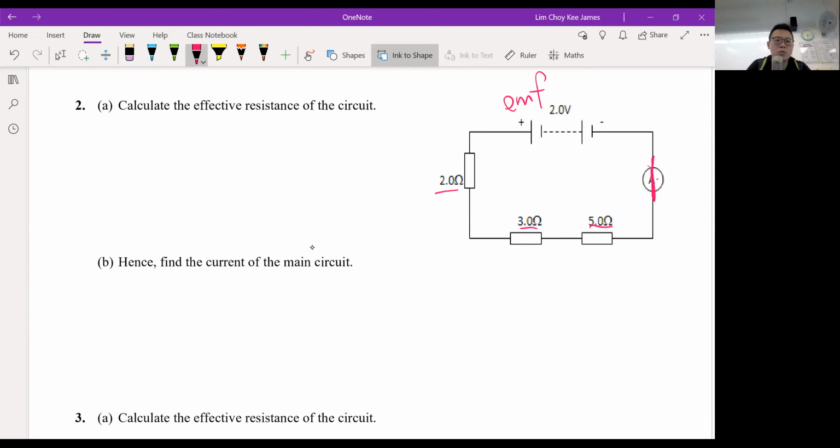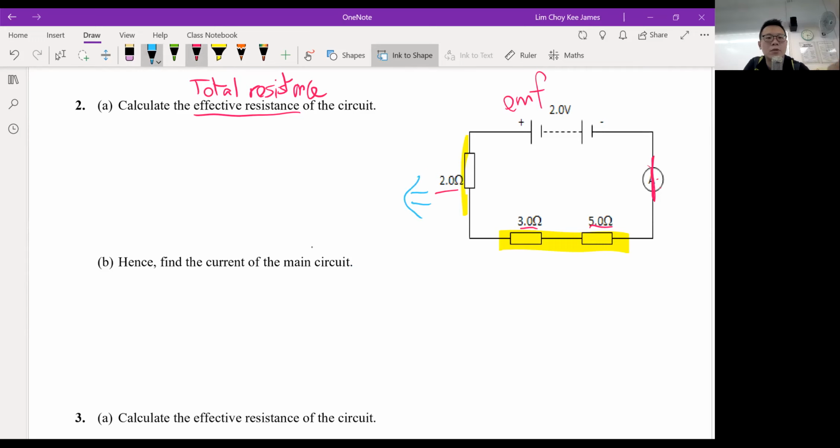Now 2A, you have this term known as effective resistance. Take note, it's just another name for total resistance in the circuit. Sometimes questions use total resistance, sometimes they use terminology like effective resistance. They refer to the same thing. If you cannot identify the arrangement of the circuit, you can actually simplify it. For example,